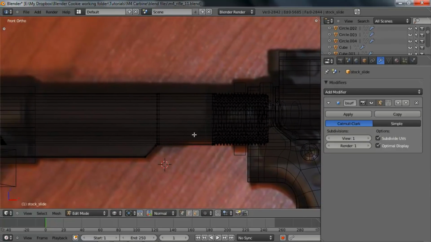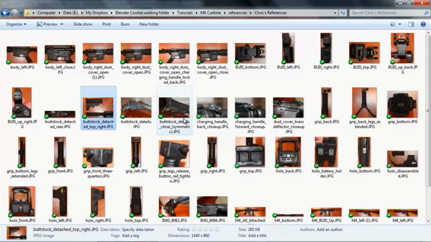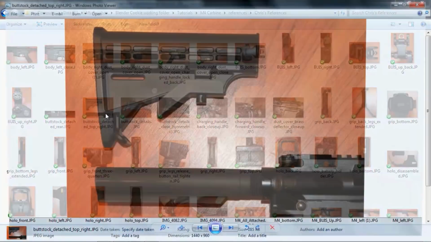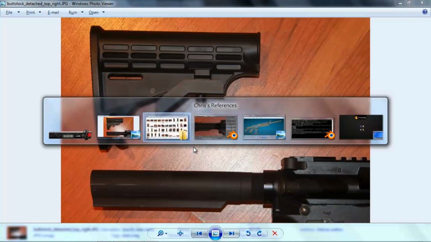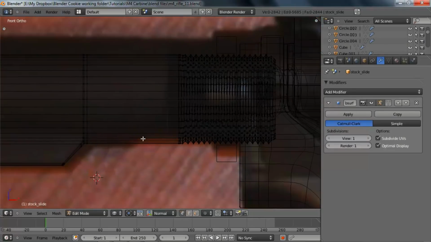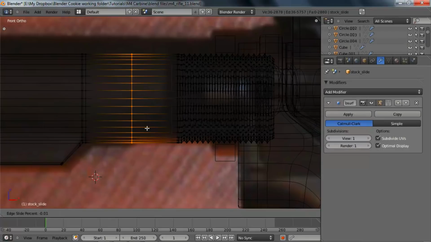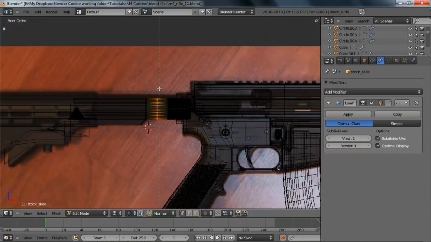You can't see it very well in this image, but if we go over to one of our other references, say to this one, you can actually see this slight seam here, and then coming up from here is a slight edge. And so let's go ahead and detail that. So I'm first going to put in a new edge loop right about there, and then let's select this whole